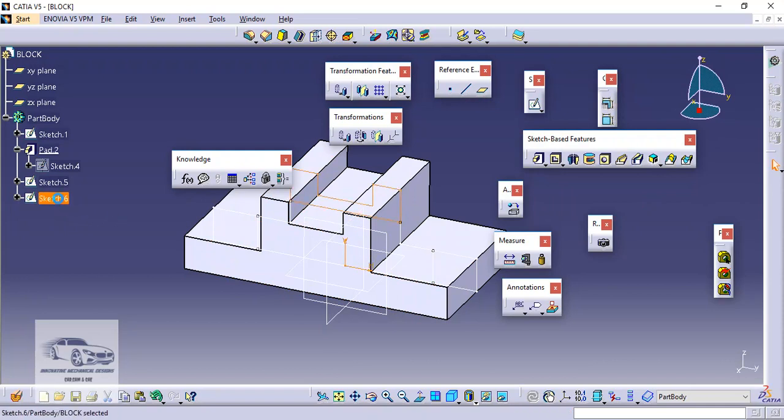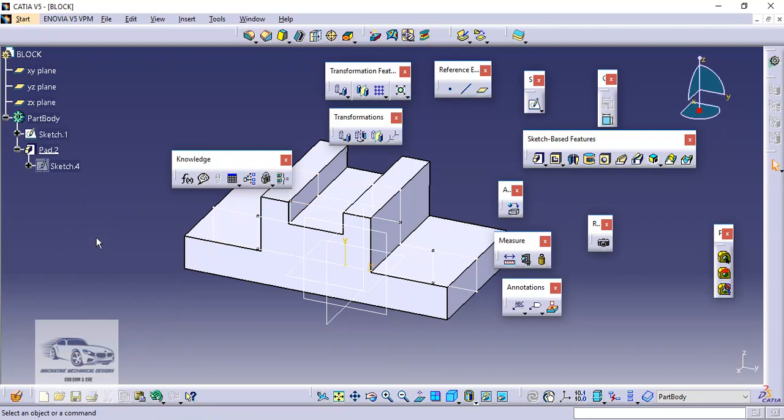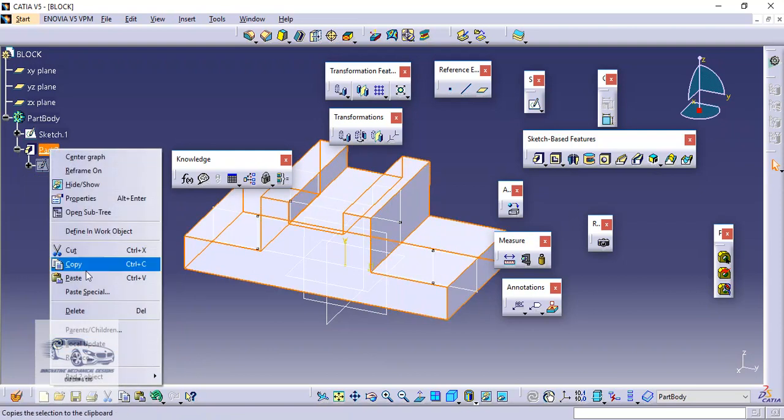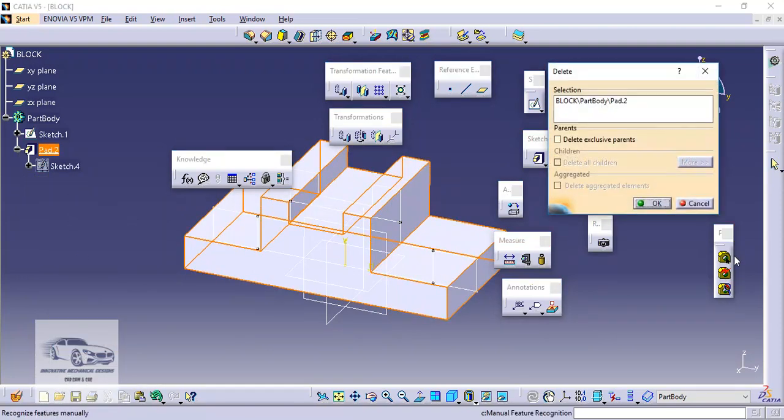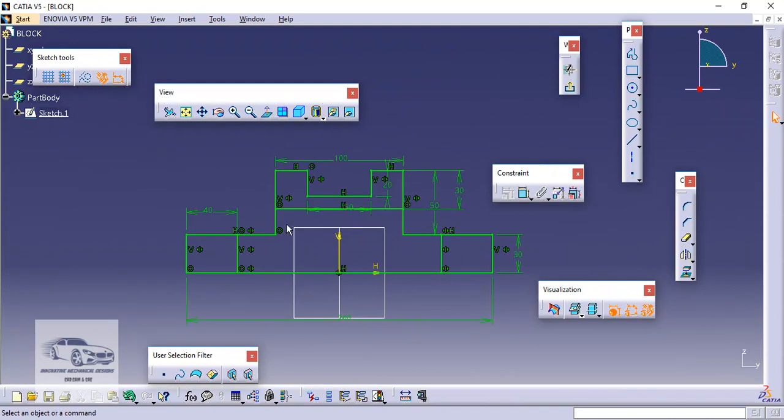So again I will delete all the unwanted sketches. Again we will make the changes to the original sketch, because for solid combine the condition is sketches must be closed. So I will delete the intersecting edges.